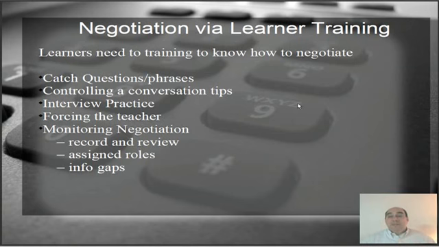Right, negotiation via learner training. And really what Nation is trying to express here is the fact that we need to teach our students. We need to train them how to negotiate in a conversation. If you don't know the rules for controlling the conversation, you can get lost. You can get overwhelmed. And so you as a teacher need to teach your students, don't allow anybody else to control the conversation. You control the conversation because you're the weakest link. So you need to learn how to